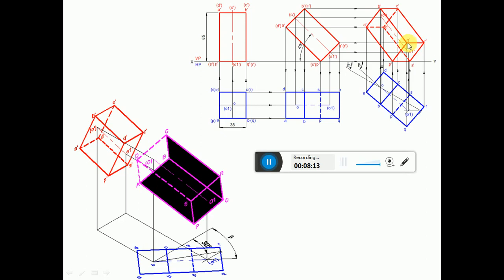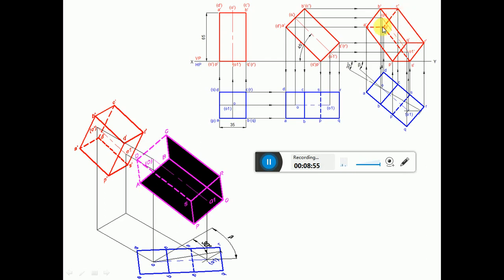Now when you consider S dash D dash, this S dash D dash is crossing this P dash Q dash line. So the rule says 2 visible edges can never cross each other. So obviously D dash S dash becomes invisible. Similarly, D dash C dash is crossing the visible edge of B dash Q dash. So naturally D dash C dash becomes invisible because 2 visible edges can never cross each other.